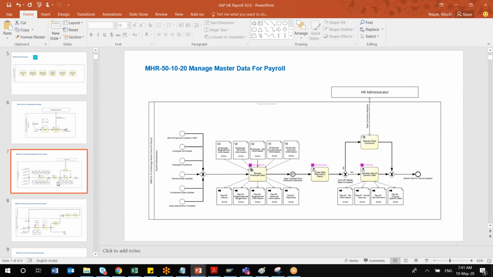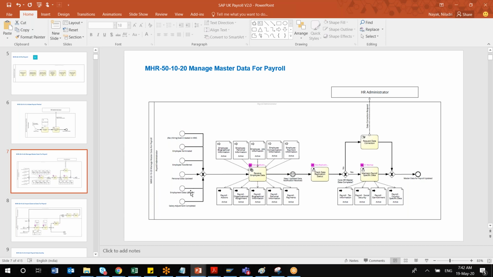This is an initial payroll period, how to manage the master data. So you are more expert in this area. So like what are the different events, sorry, we call it an event in Employee Central. We call it actions, different actions and action reason in PA, right? Okay, so like you can see on the left hand, there are different employee events. Employee is terminated, employee is transferred, or any personal data is updated.